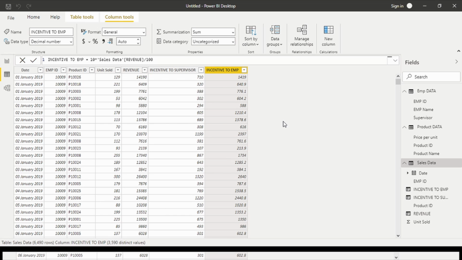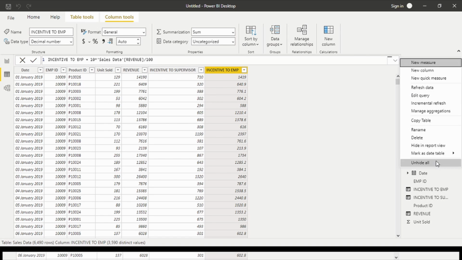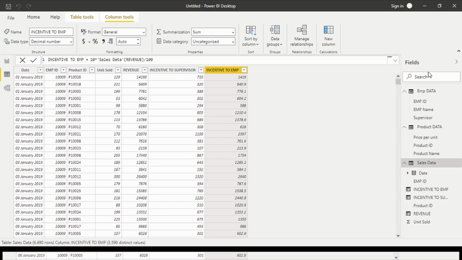One more column we add: expenses. From this, we calculate profit.